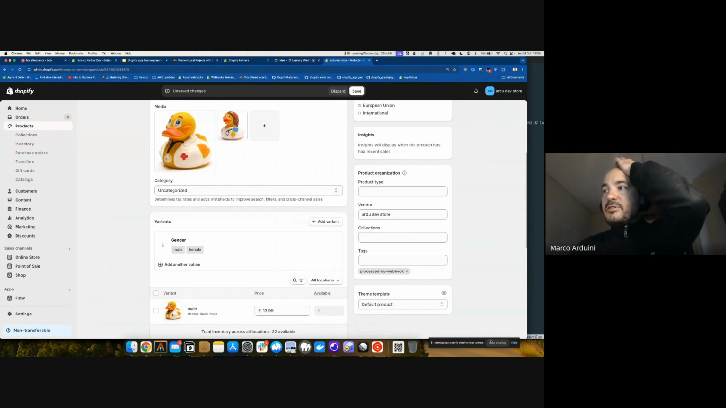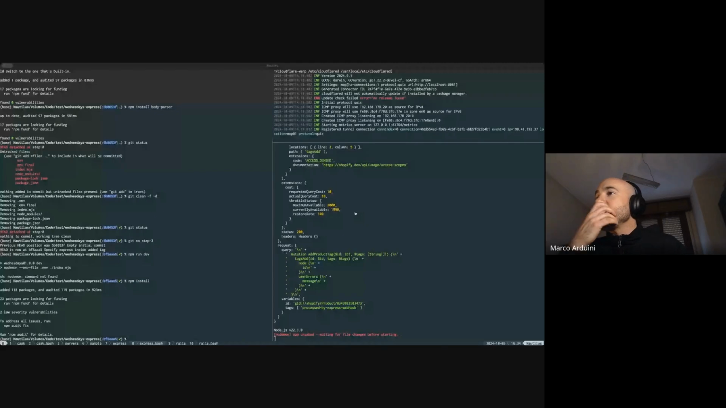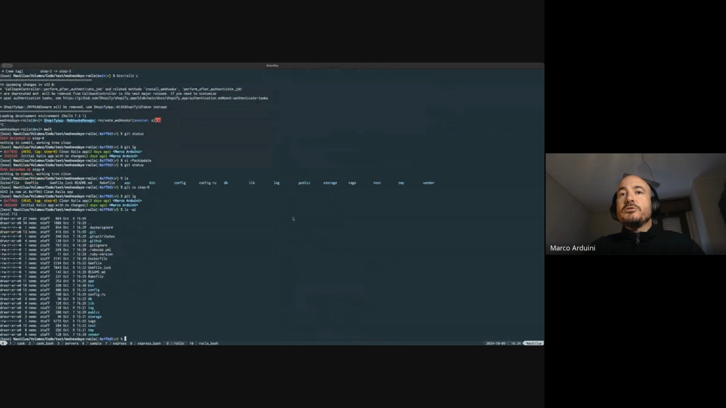Okay, so this is for the first part. Now let me share my terminal again. Okay, I will only share my terminal for now. So this is the most basic application I could think of, receiving something and operating. Now, what I want to show you